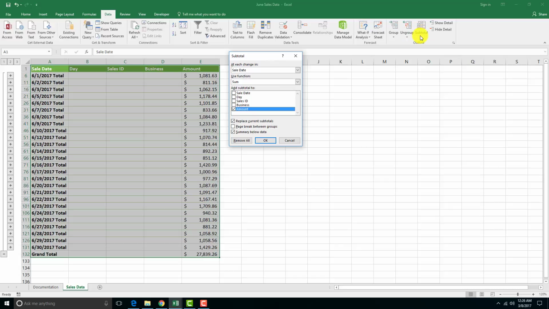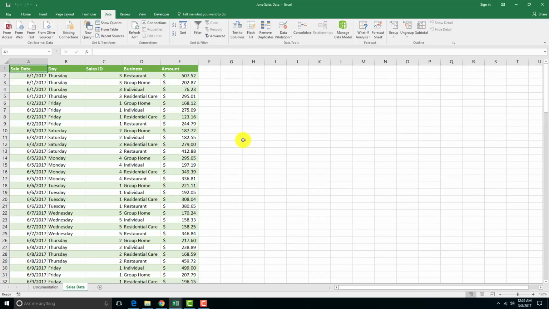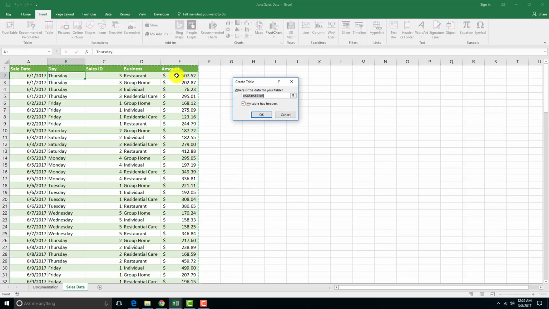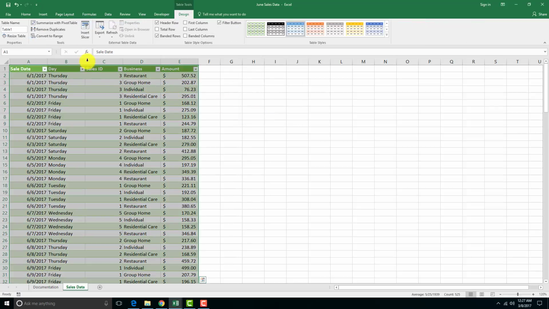If you want to go back to where we were before, you could get rid of the subtotals: click on Subtotal in the Data tab, and then say Remove All. And then we have our table back, and then we have to give this table a name again. Oh, sorry, this is still just a structured range. So we have to get that table back to set up for our next tutorial, which will cover pivot tables, and you need to go from a table to a pivot table. So that's pretty much it, just turning this back to a table again, just so we can get it ready for the next one, and then calling this one